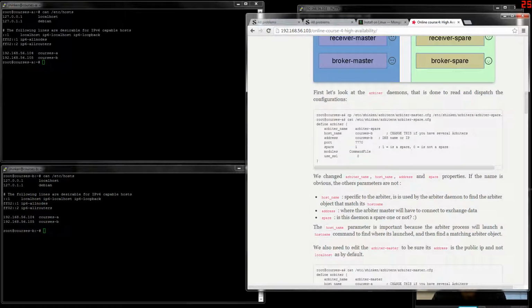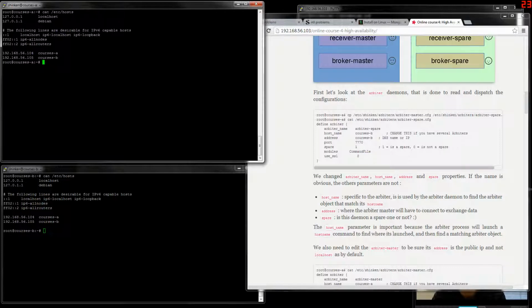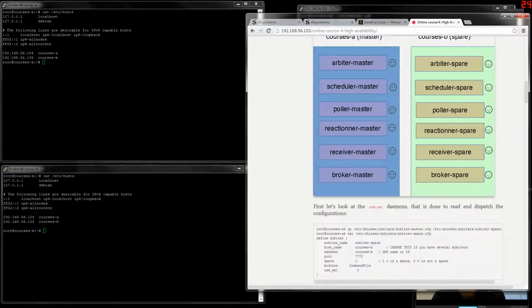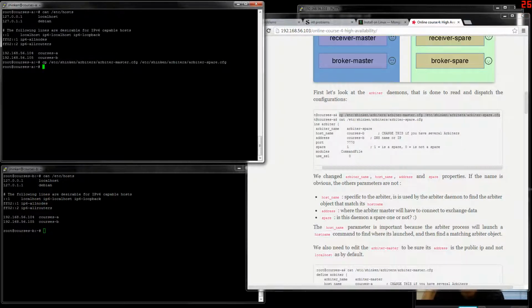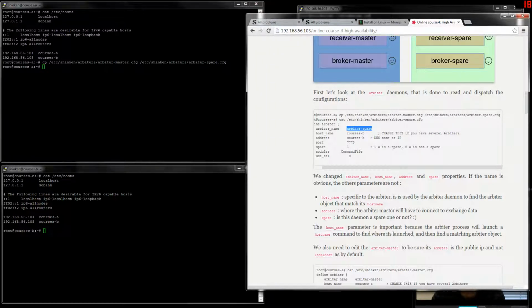So let's look. We will need to declare all the spare configurations in the etc Shinken part. So we will need to copy all the configuration for our master nodes to the spare ones. We will need to get a new name, edit the address, and set the nodes as spare.